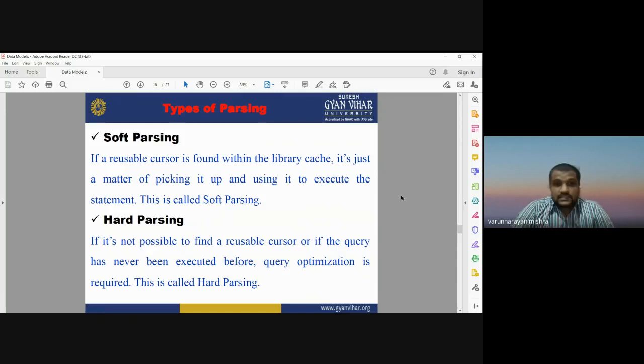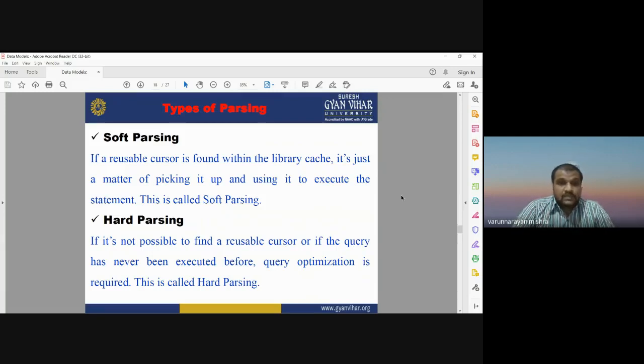So soft parsing and hard parsing are the two kinds of parsing, and mostly we use soft parsing because in most cases we can easily find the temporary memory of the processing information in the library cache.